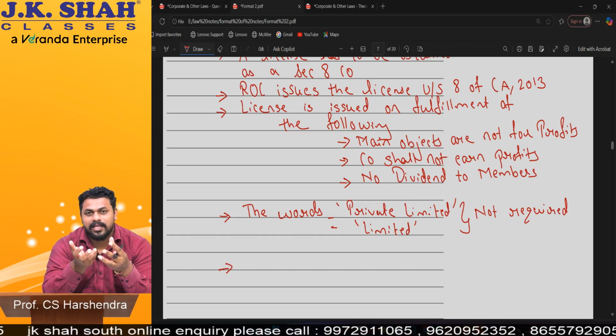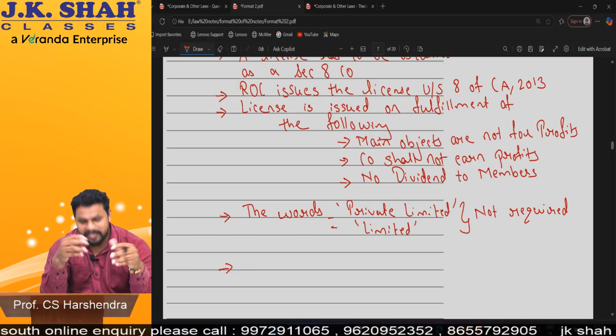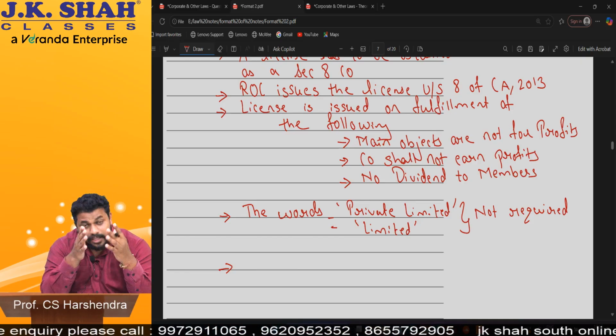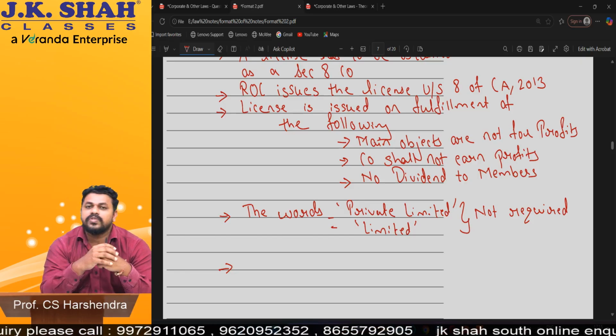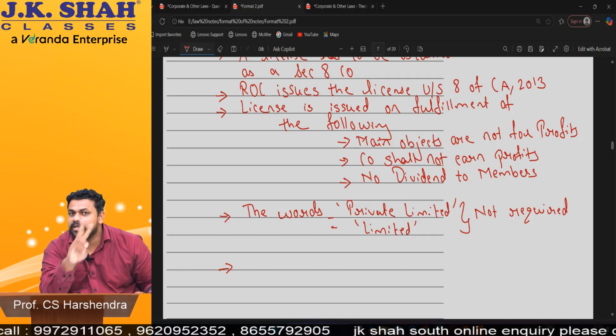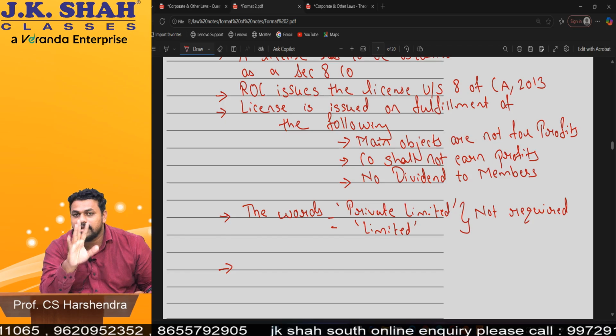Okay, so yes, benefits will come with terms and conditions. Same here, a license will come with benefits, but also with terms and conditions. The major terms and conditions are the 3 pillars which you have done. Can you do non-compliance of these 3 pillars? No. If you do non-compliance, beta, what will result? I'll tell you that. Am I clear with this thing?